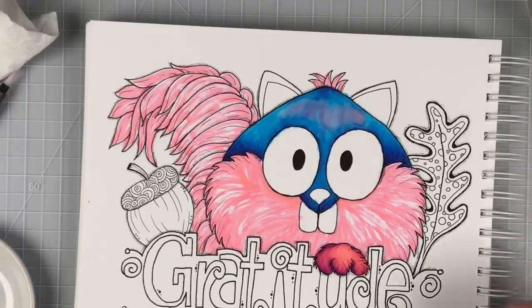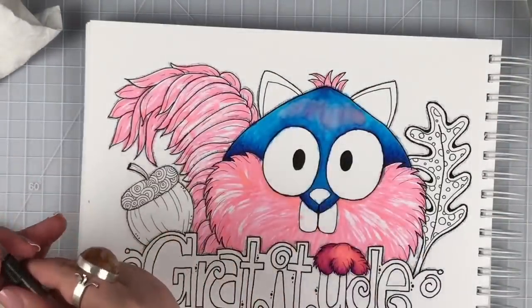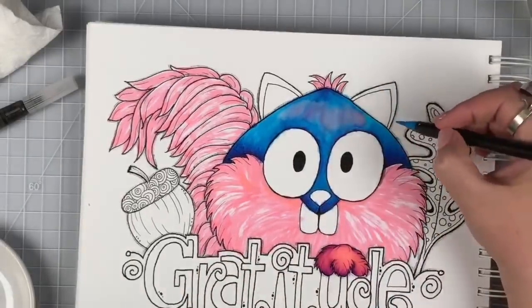Yeah. Oh, cute. Oh, that's not the cap for that. That's the cap over here. Let's get that cap out of here. Okay, now the ear is bugging me that I didn't put any...